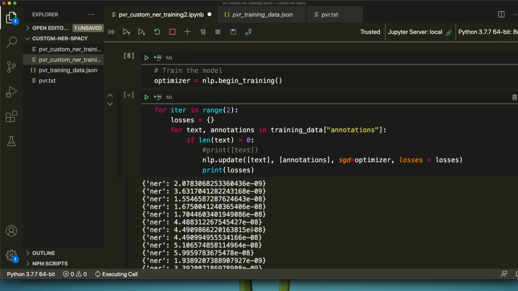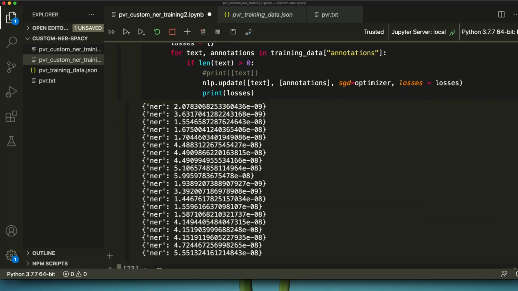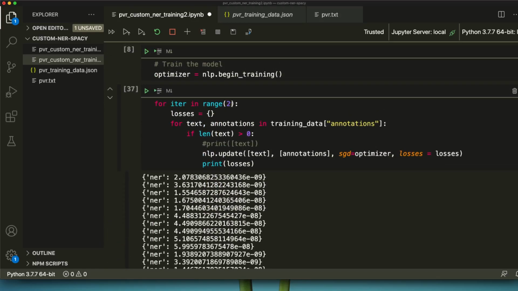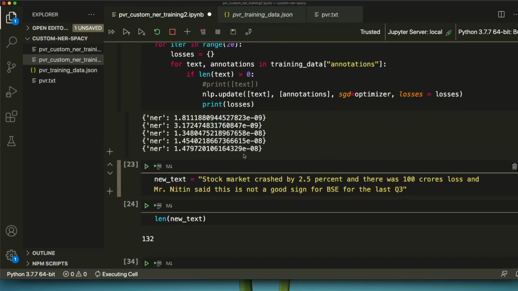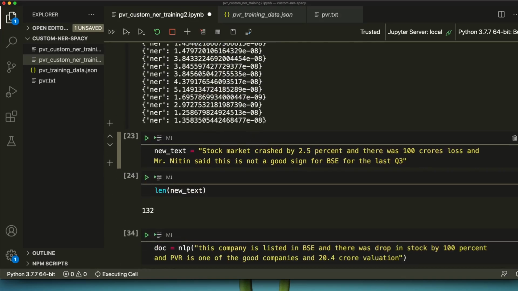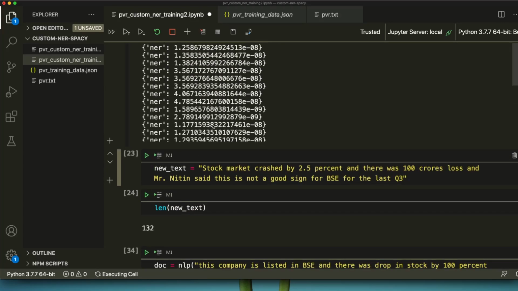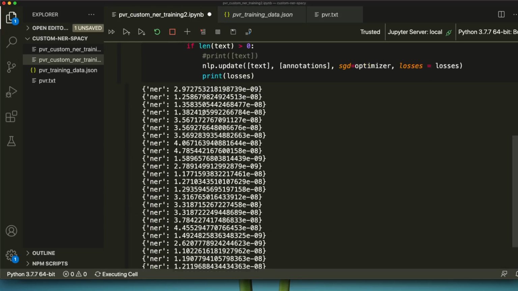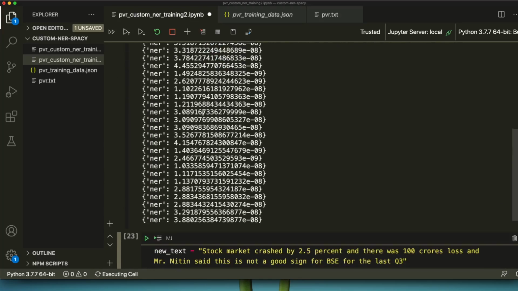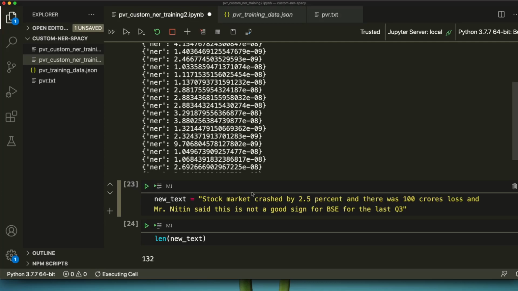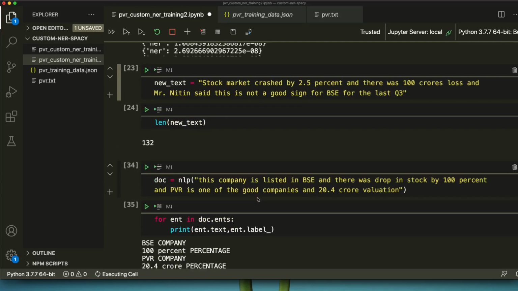So you will get a sense of which label has less loss and which label has more loss. You can also start looking at whether the losses reduce as you improve. It's still in -8, but you can start seeing if it improves, and it looks like it is improving. That is something you can use as a validation to see if your model is learning better, or whether the training data is good enough.